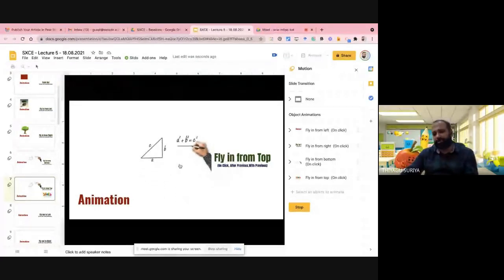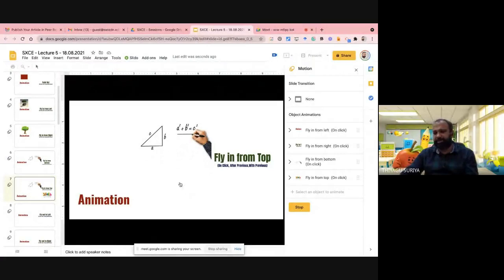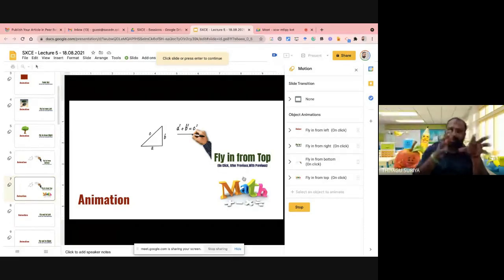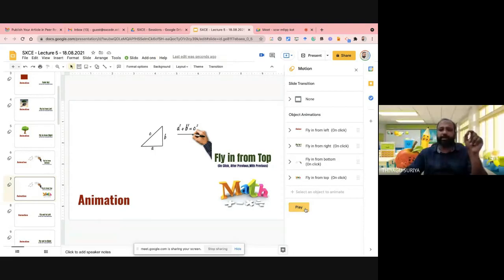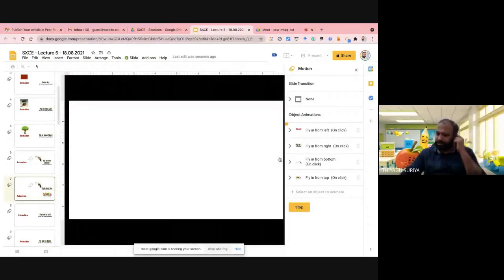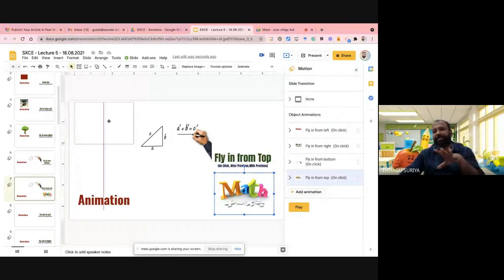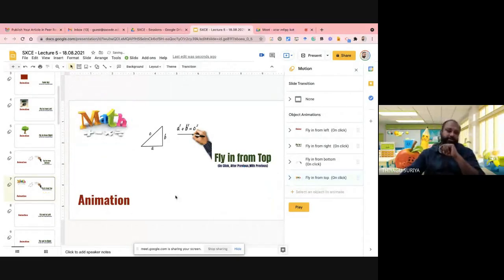But see the fourth animation. Once I press here, the image may come from the top and it may hide the original contents. So it's better to always keep this kind of images, when you want animations, in a pre-planned way. It won't hide, it won't come above any of the content. So it will not be fair. You can keep it somewhere. Okay, now I'd like to stop this one. I'm coming back to keep this one. So always keep the empty spaces if you're fixing a slide.